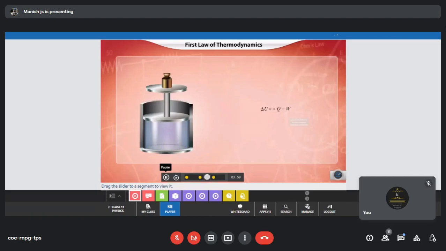If heat energy is transferred out of the system, Q is negative. So there are two important aspects. If you provide heat energy to the system, we should take it as positive. Suppose the heat leaves the system, then we should take Q as negative. So these are two important aspects about the heat, based on whether the system is giving out heat or the system is absorbing heat and doing work. Depending on that, we have to change the sign. These are the two important aspects for heat.